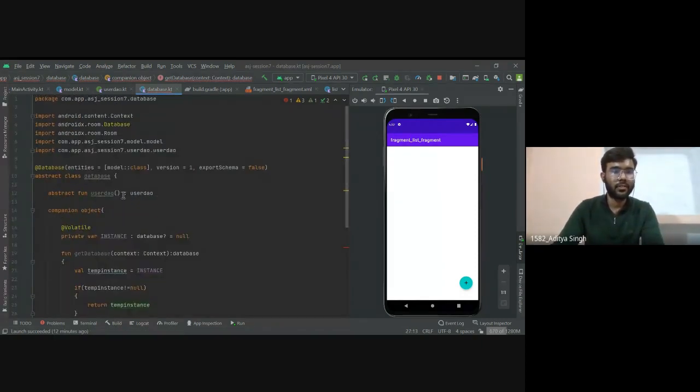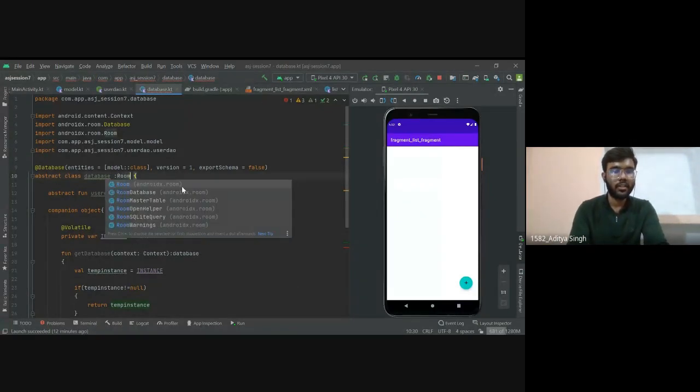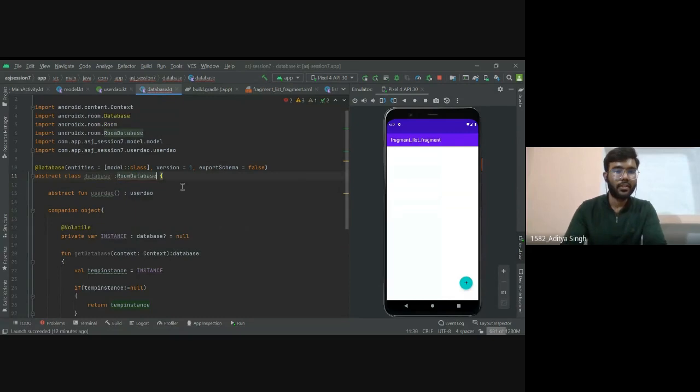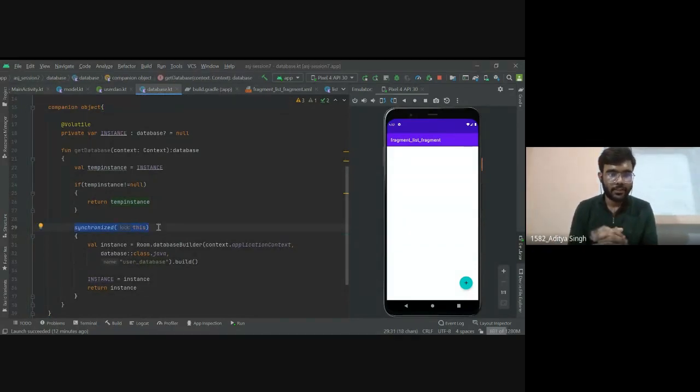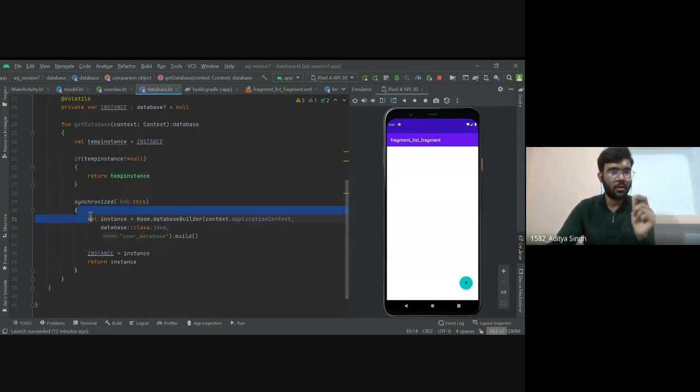I just forgot to extend RoomDatabase in here, so let's very quickly do this. This is done. Now let me tell you what this synchronized is. Synchronized only allows one thread to execute this particular block of code.